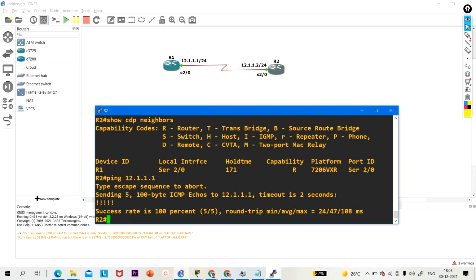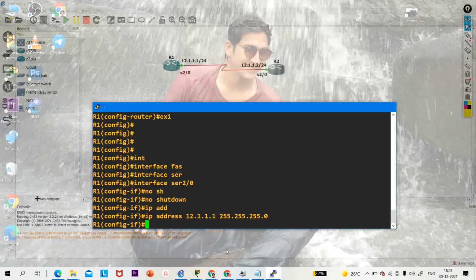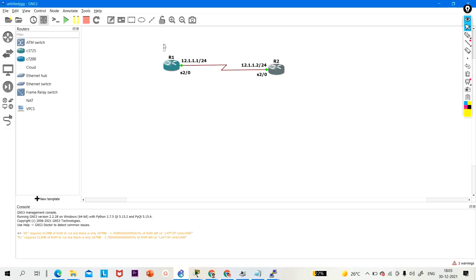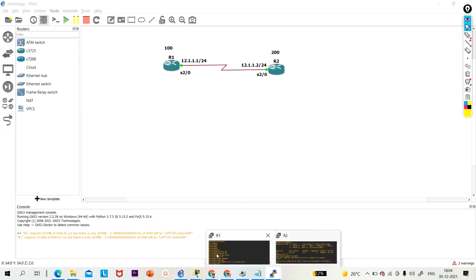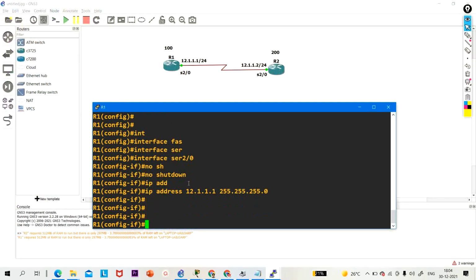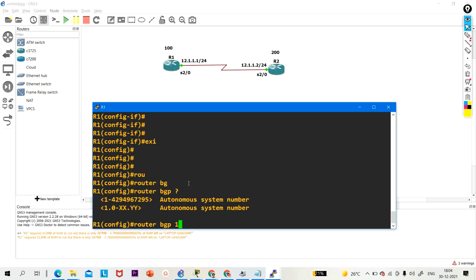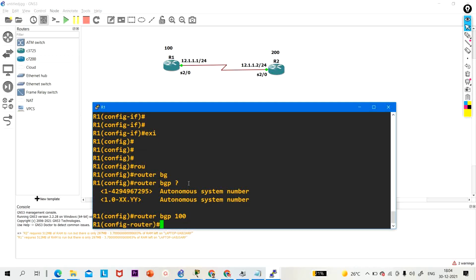Okay, now I'm going to configure eBGP on R1 and R2. I am going to run AS number 100 on R1 and AS number 200 on R2. So the AS numbers are different, so we will configure eBGP over here. Now let me access R1. The command is the same: router bgp, autonomous system number 100. Right? Now I have to say your